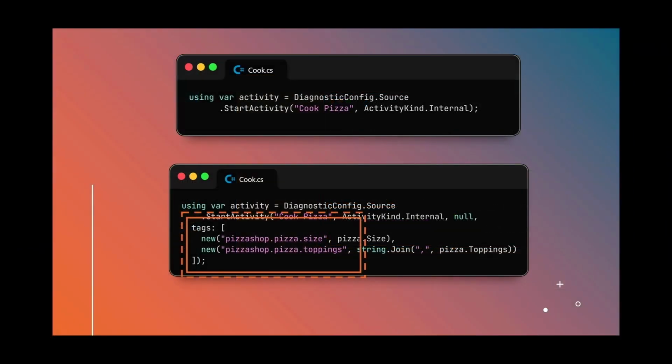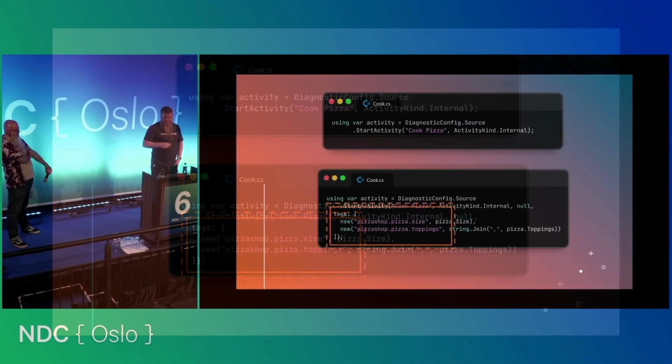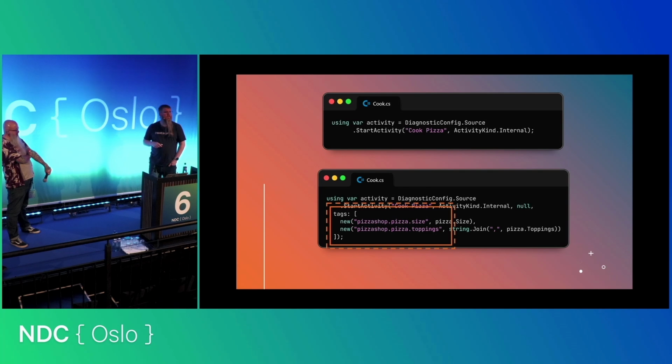You can say that span links is custom instrumentation. I kind of distinguish between the two. Custom instrumentation to me, or manual instrumentation, or there are loads of different terms that you might use, is taking things like, in this scenario, the size of the pizza and the toppings, and adding that into my observability, my spans. Maybe I'm using log events to do this, but I'm using this stuff.